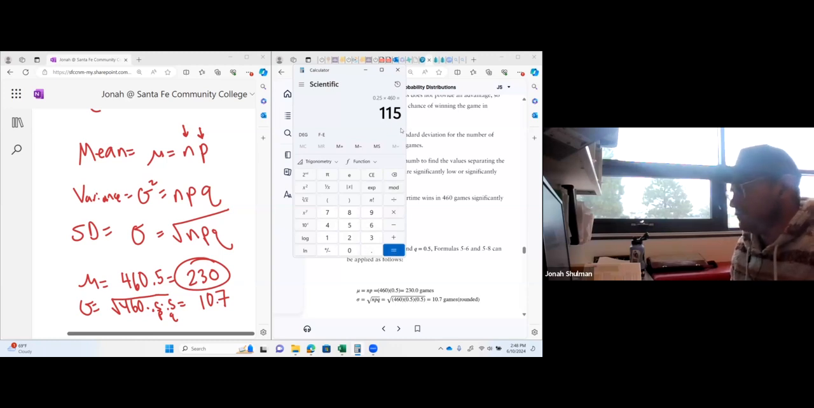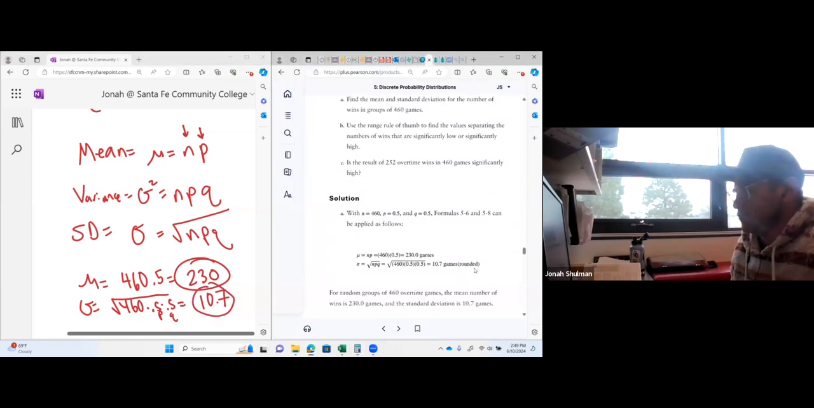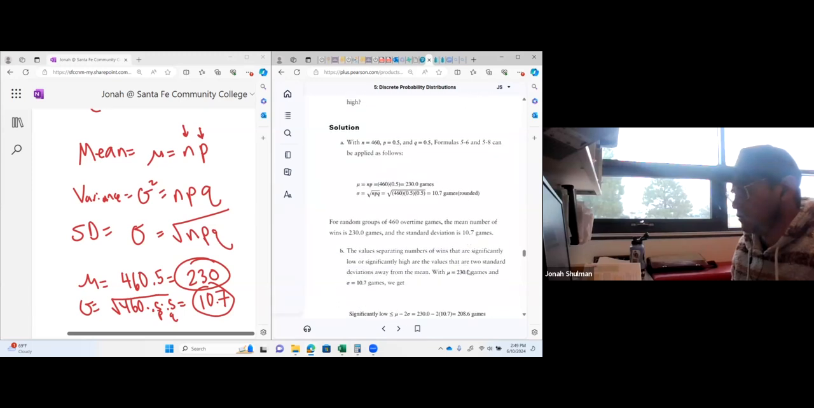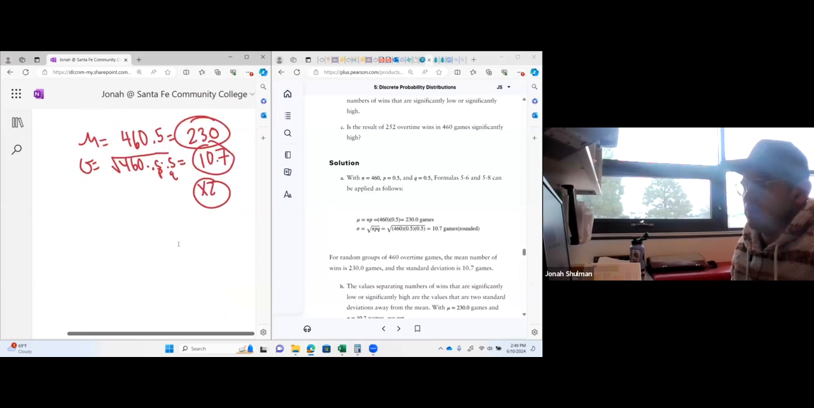It's 115. That's the variance, but we have to take the square root, and that's how we get the 10.7. So we just have to see if it is more than 2 standard deviations away from the mean. As long as it's more or less than 2 away from the mean, it'll be extremely high or low. So I have to take the standard deviation and double it. I have to times this by 2. We have to be more than 2 away. So 10.7 times 2